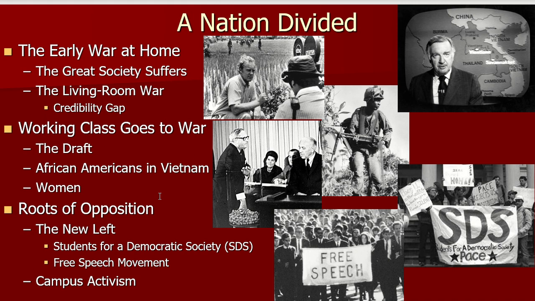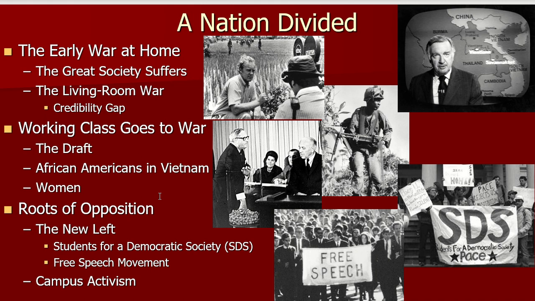African Americans, there was a much larger group of African Americans that fought. 10% of the U.S. population was African American male, and 20% of the U.S. Army was African American males, because a lot of those guys could not get out of poverty. They were living in poverty back home, thus they were much higher targets for being drafted. And for women in general, women were not drafted at the time, but they were serving in nursing roles and in other areas too.